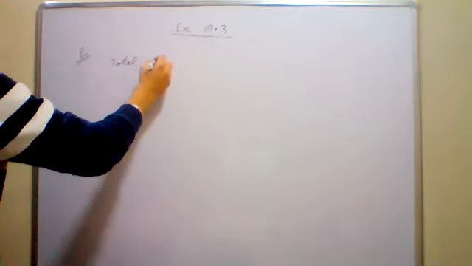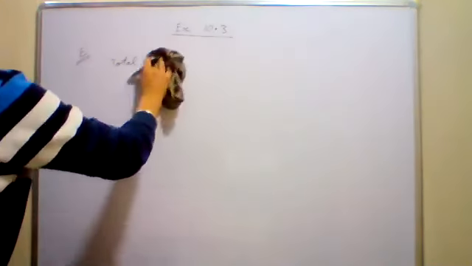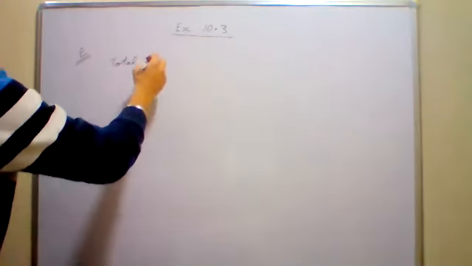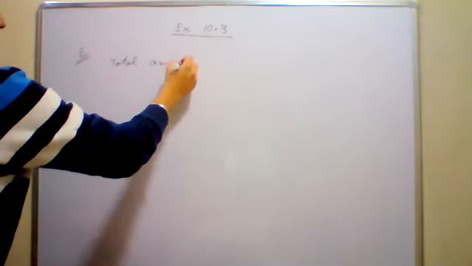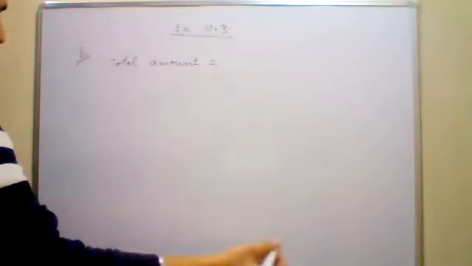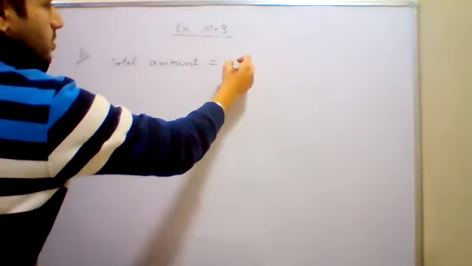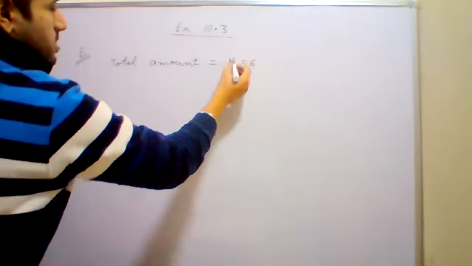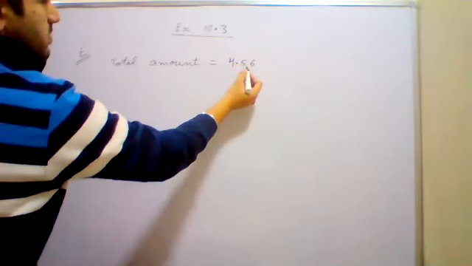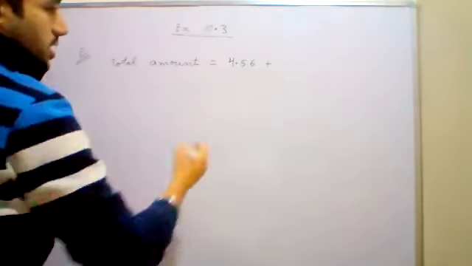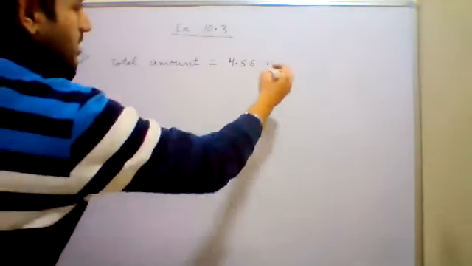How much is the total amount here? I am just writing the total amount. We will add the cost of the pencil and the cost of the ruler. So there are two things Manu bought. First is a pencil. The cost of the pencil is rupees 4.56. What is the meaning of this? This means 4 rupees 56 paise. Okay. And the cost of a ruler is 5.78.